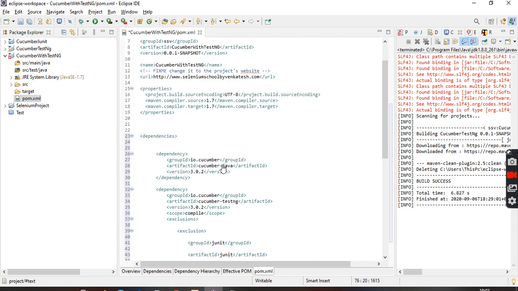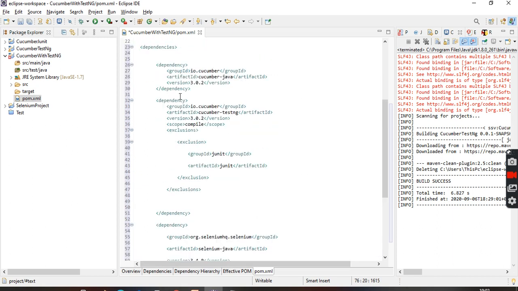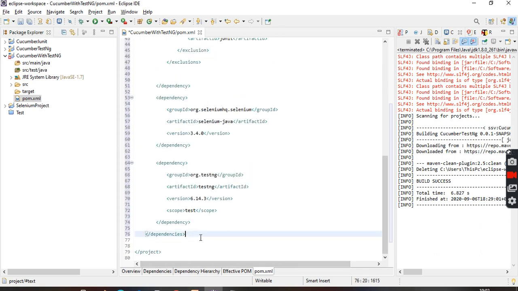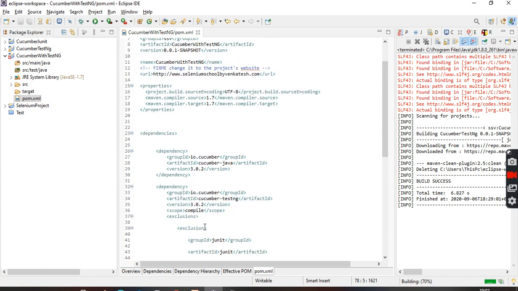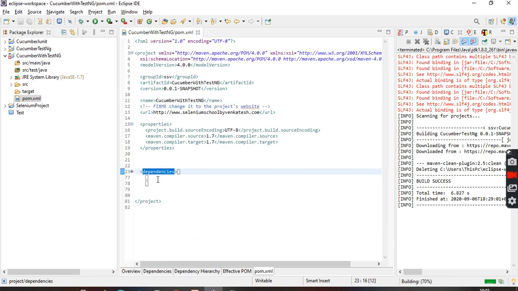So what I did actually, I simply copied one set of XML. What is that? The XML is starting from here, dependency, and this one. Simply saving here. What is it? Between the dependency tag, this is a dependency tag, okay?